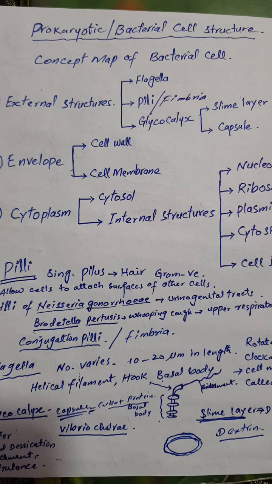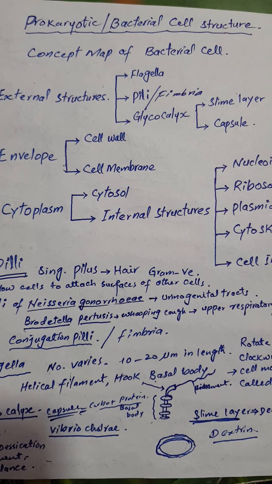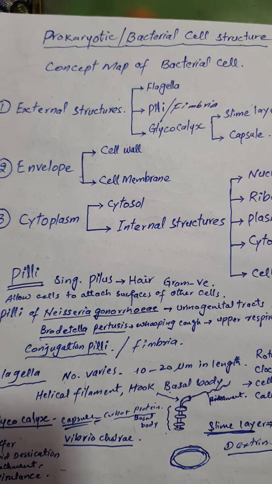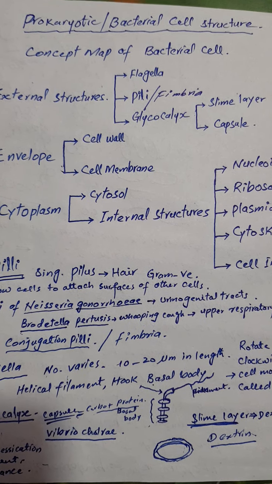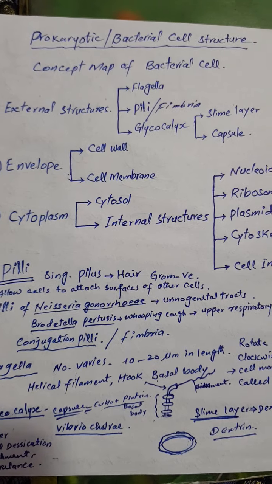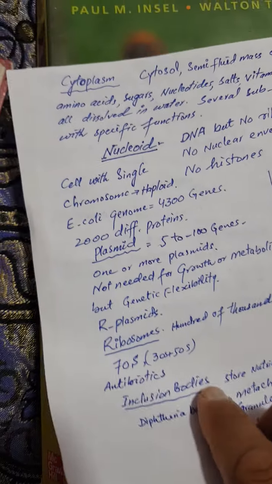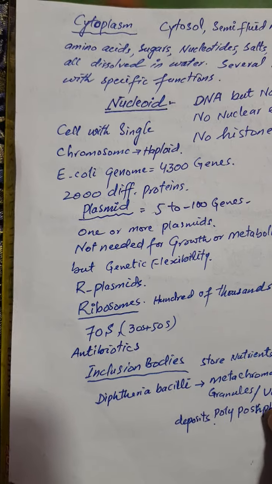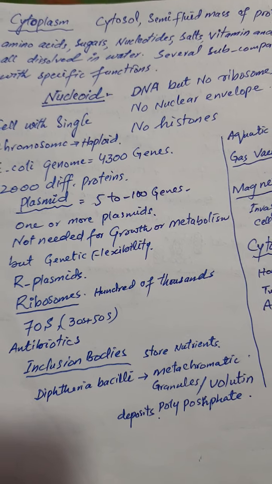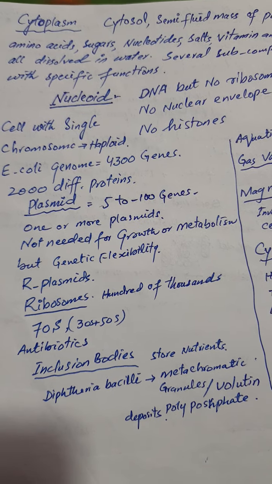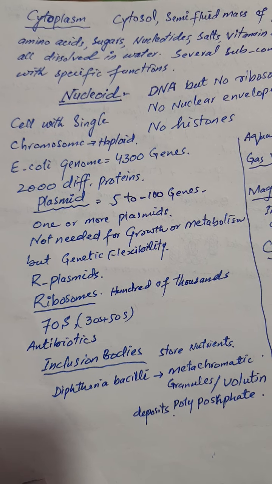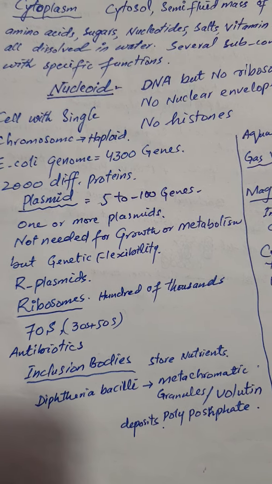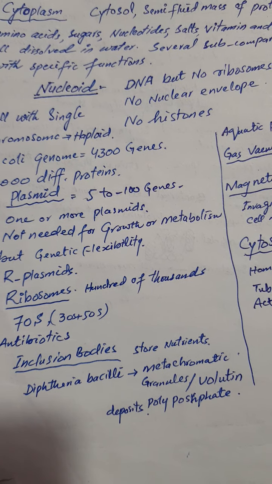Yes, my dears, third and last portion of the bacterial cell is the cytoplasm. And we studied that cytoplasm will be consisting of cytosol, which is the soluble part of the cytoplasm, and internal structures. This cytosol may contain different things, different ions and molecules inside it. And as far as cell structures are concerned, they include the nucleoid, plasmids, ribosomes and other inclusions,